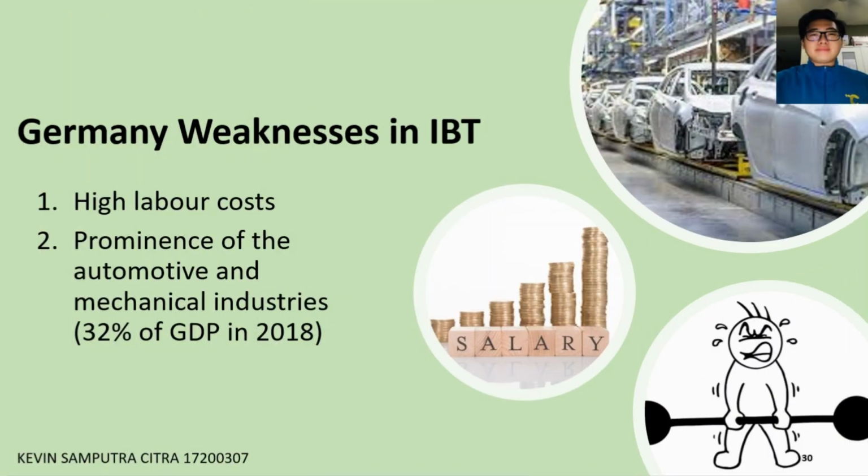Despite the strengths that Germany has in IBT, it also has some weaknesses, such as high labor costs and prominence in a particular industry. Having such a well-developed economy does have a few downsides. Most notably, labor costs are incredibly high in Germany. Even unskilled laborers such as retail attendants command hefty hourly rates. With a minimum wage of around 1,500 euros per month, Germany's earning expectations are on par with other highly developed European nations such as the United Kingdom, Netherlands, and France.